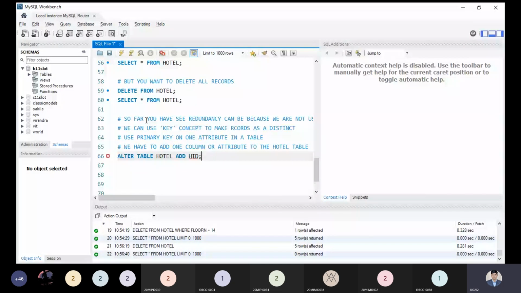We can create the hotel ID, and its size should be 6 digits. We have to use add column: alter table name, add column, and the column name, that is the ID.